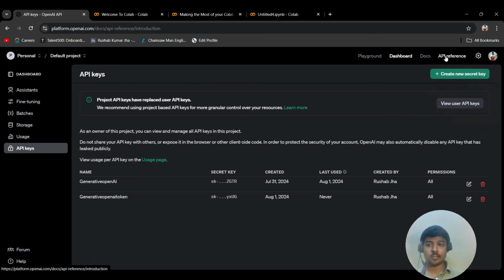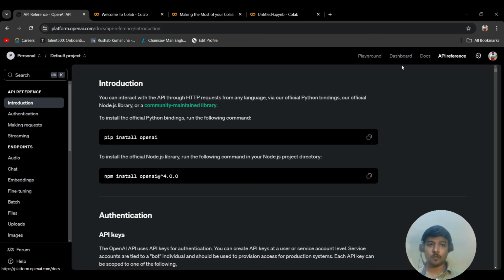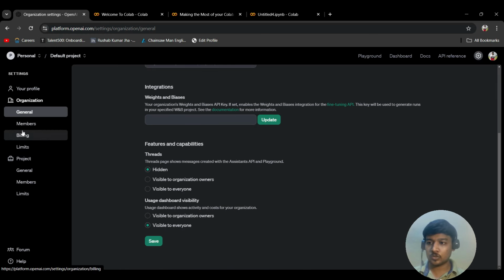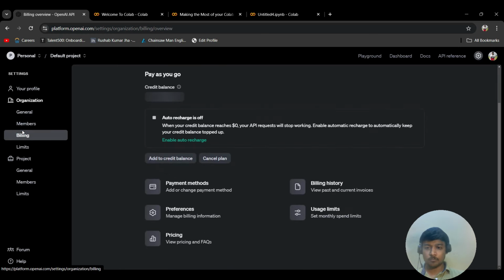Let me go to API reference. Yeah, I was there in API reference itself, but never mind. Let me go to billings, and I have $49.87 in my account. I had done the recharge today itself. I had increased the limit. Pardon my language, but yeah, so basically you can do that. It will hit your bank, but that's the cost of learning something new.